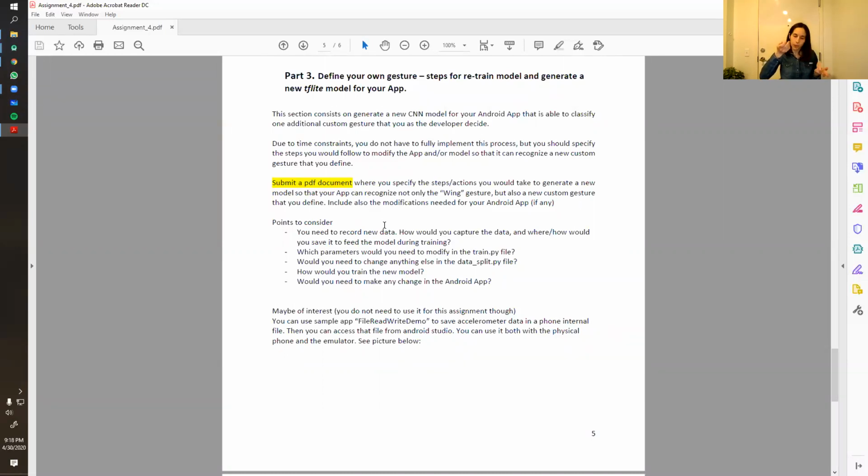It would be ideal if we could do that, but because of time constraints, I think I could give you 2 weeks, but I also wanted to cover other topics. So what I asked is, it would be ideal if you could implement it, but I asked you to specify in a document the steps that you would take if you wanted your app to recognize a new user. The main limitation for not implementing this is having the data, because if you want to record that yourself,